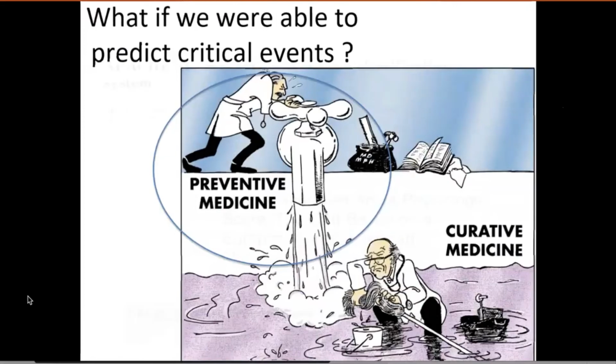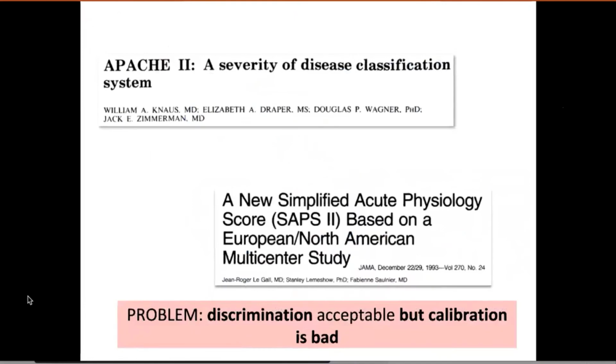I have to say that this is not a new idea. The idea of predicting outcomes in the ICU has been there for almost 4 decades. Believe it or not, the scores that we are still using in 2021 to predict ICU mortality are the ones that were developed back in the 80s or the 90s. I'm just showing you here the 2 scores that are used worldwide. One is called the Apache score, which was developed in the US and is still very much used in the US. The other was developed in Europe, the SAPS-2 score, and is still the one currently used in Europe.